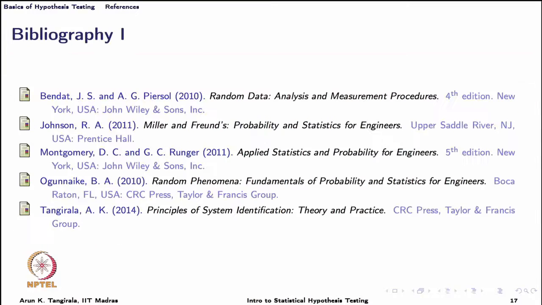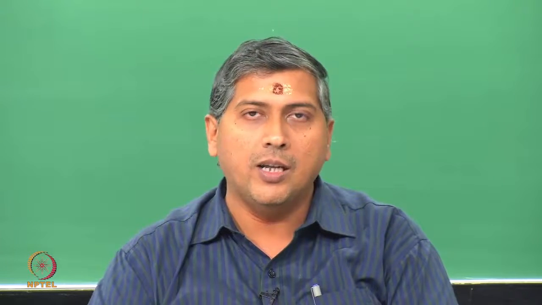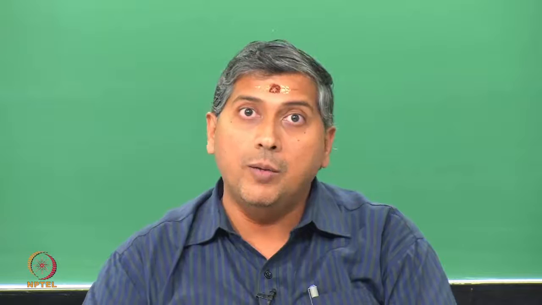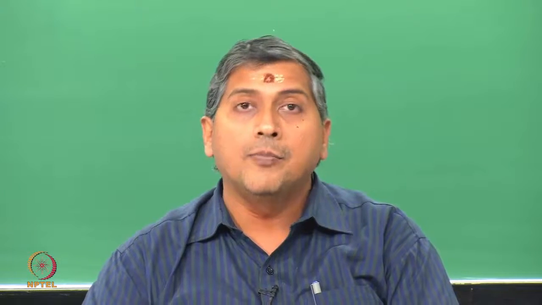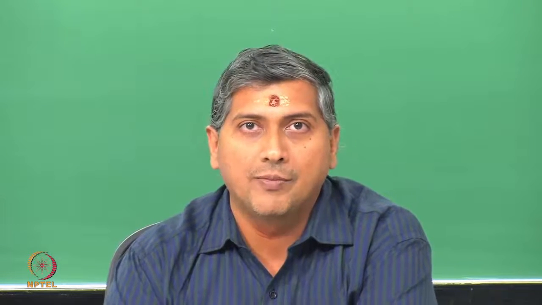That is the story of the basics of hypothesis testing for you. We have in this lecture learnt what type 1 and type 2 errors are, and that they are closely related. If you try to reduce one, the other shoots up. That is a very important thing to remember. Of course, we have gone through the definitions of type 1 and type 2 error and a few illustrations, and we have also discussed what is meant by the power of a hypothesis test. More importantly, we have also learnt how to determine the critical values when a significance level is specified a priori.